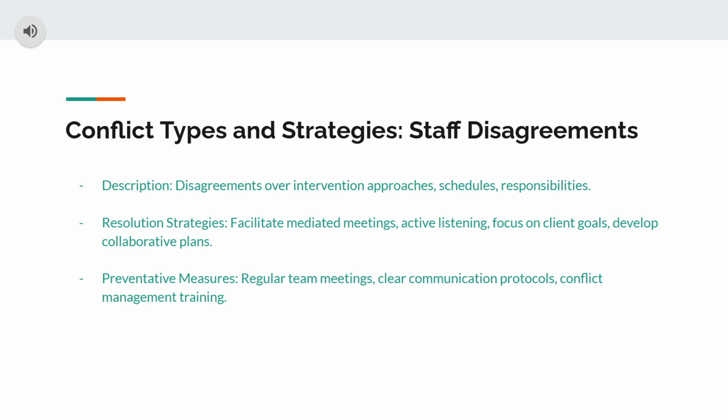Some preventative measures would be regular team meetings, clear communication protocols, and conflict management training. Again, in our clear communication protocols, this may go into our client programs. BCBAs, when we are writing our programs, we will always want to make sure we are clear and objective to avoid any miscommunications. As far as staff members go about clarifying programs, we want to make sure that we're asking